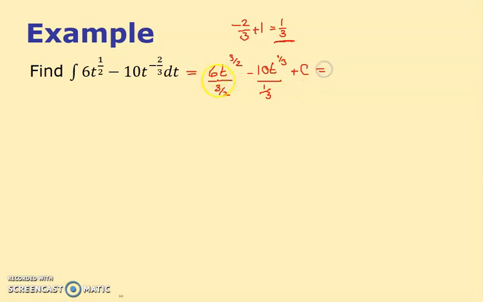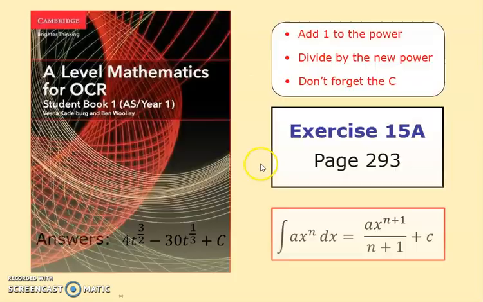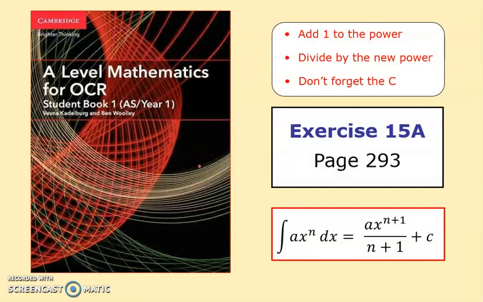Now, we've got to tidy this up. Now you can do that in your head or on your calculator, I don't mind. I get 4t to that. I reckon this is minus 30t to the third. Don't forget your c. Yes, good, I've got the right answer. Look, and I've got through all the questions